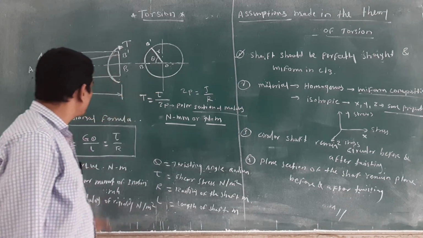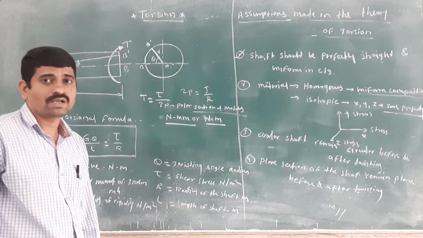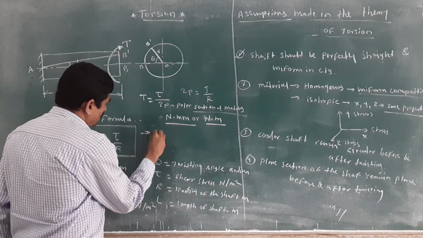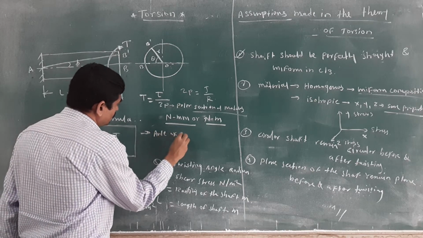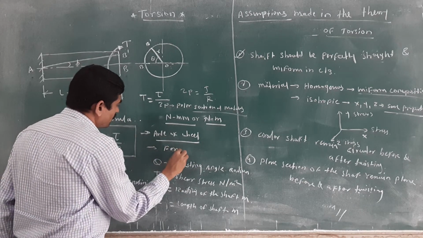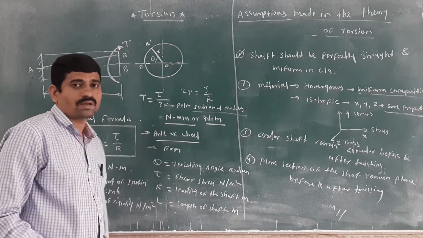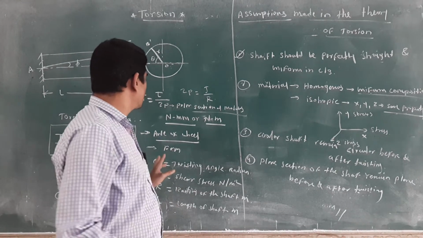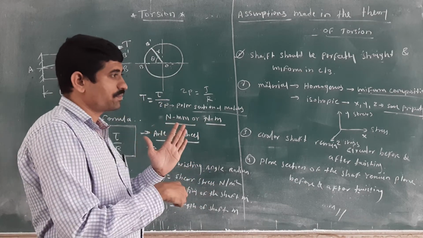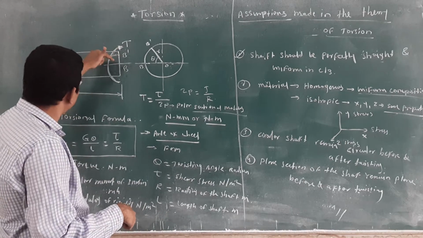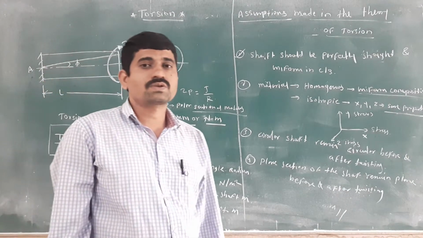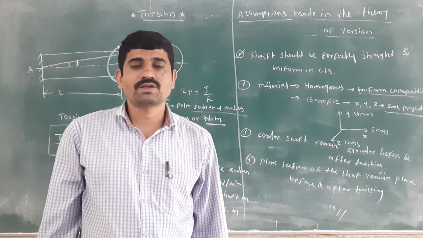What is an example of torsion? Anybody? I will give one example: the axle of a wheel, or you can say a fan. This is an example of torsion. The axle of the wheel is mounted and the wheel is rotating. The same thing is here: we apply a couple, one side is fixed and the other is rotating. This is called torsion. Are all of you getting what is meant by torsion?